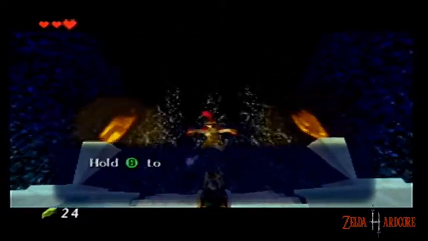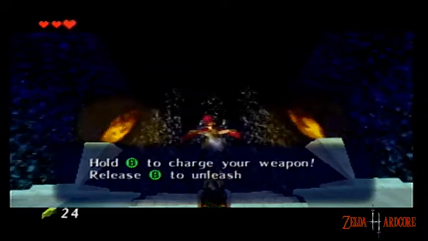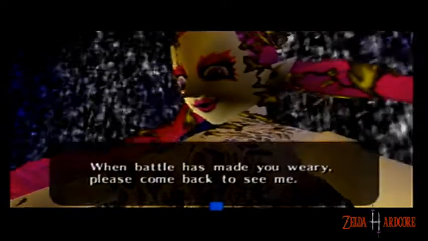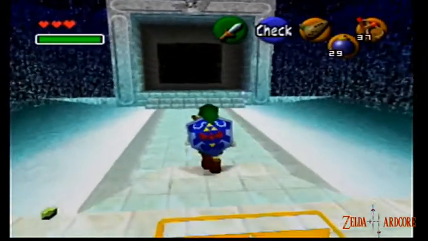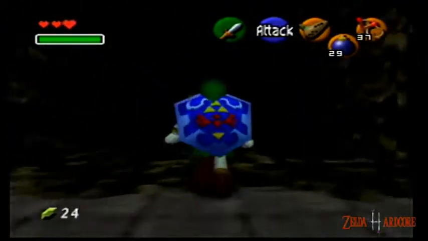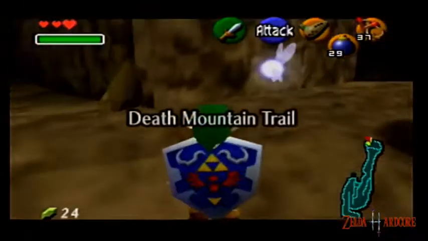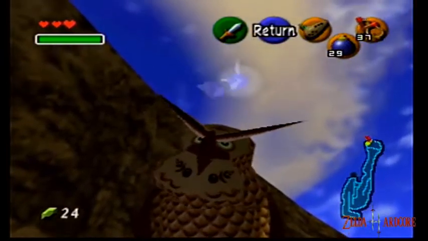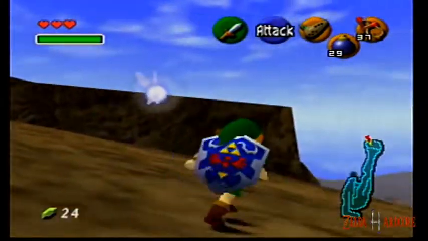Oh cool, I got the spin attack. That is actually a really good attack. Oh yeah, there's another Great Fairy in Hyrule Castletown that I should visit at some point. I don't know, I might visit her this episode, actually. And here's Kaepora Gaebora right here. You can talk to him and he gives you a lift back down the mountain, but we're not going all the way down the mountain yet,